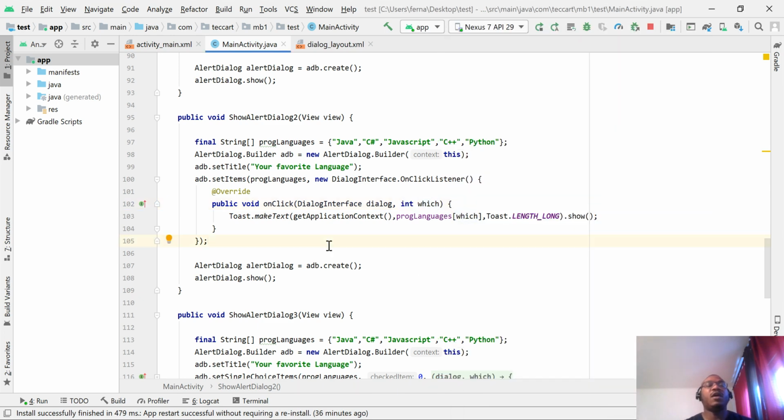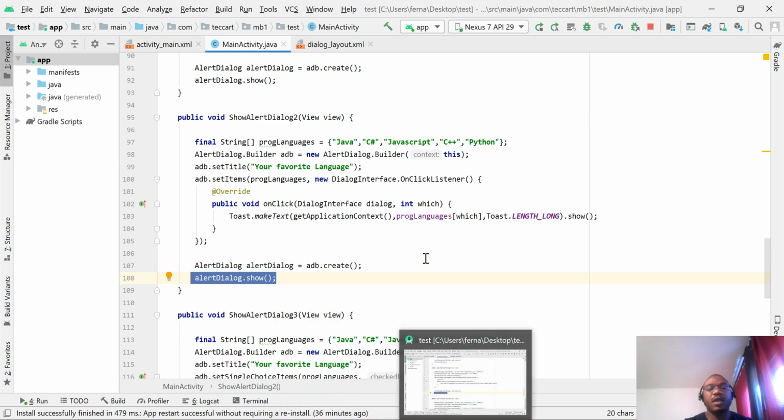So the big default of this way of using the AlertDialog class is that once I select an item, my AlertDialog vanishes. What happened if I had made a mistake? Just like with the previous version, we have to use our AlertDialog builder to initialize the AlertDialog object that we need to show. Let's move on to the next one again,